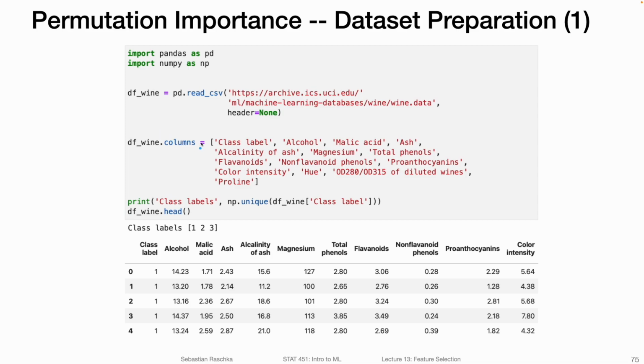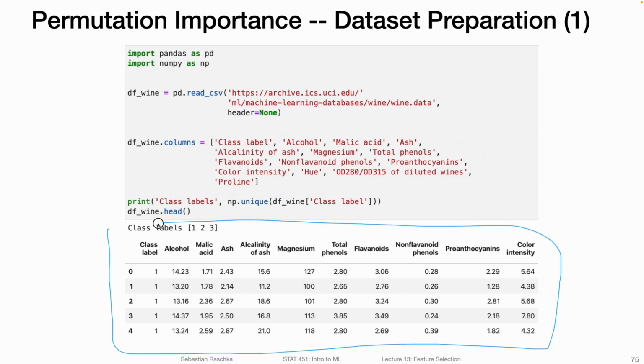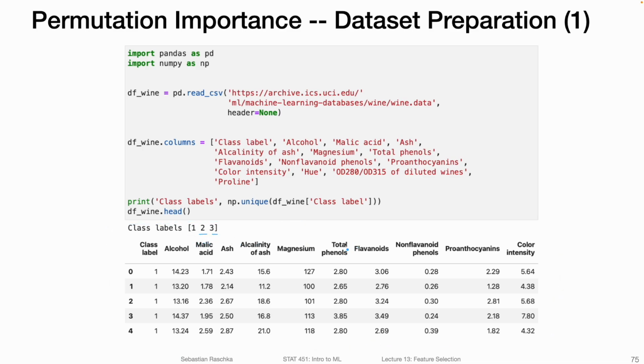The Wine dataset is a dataset consisting of 13 columns, and here is an overview of how the first 5 wine rows look like. So there are 3 classes, class 1, 2, and 3, and there are 13 columns, but not all the columns are shown here due to space constraints. But we won't be discussing this wine dataset in too much detail because we have seen that so many times before.